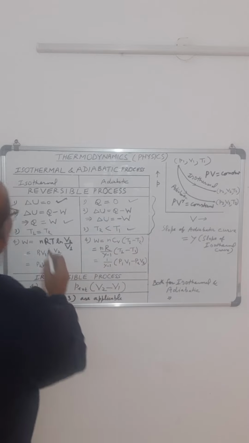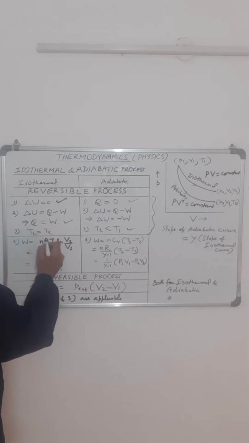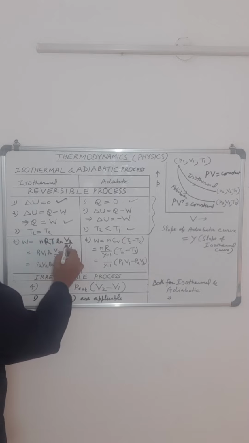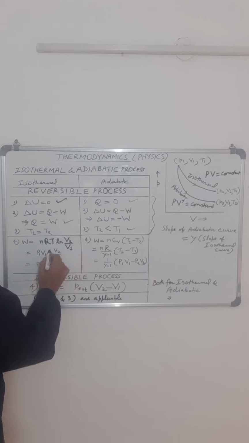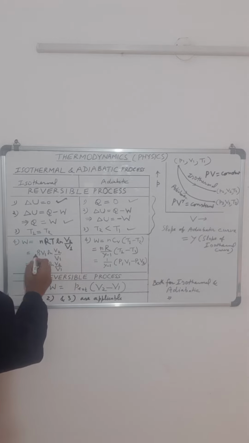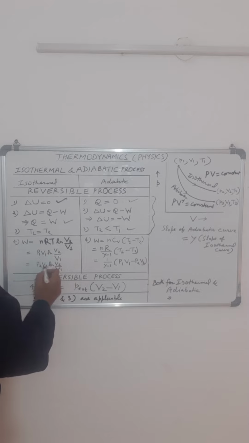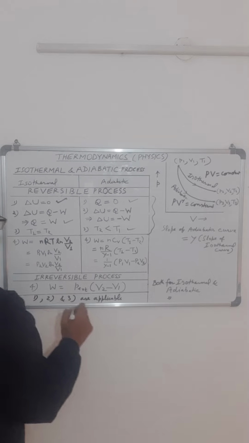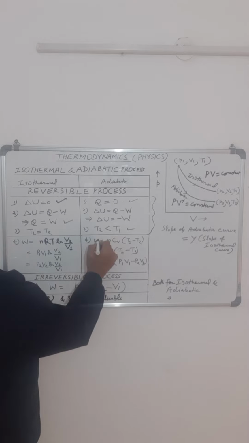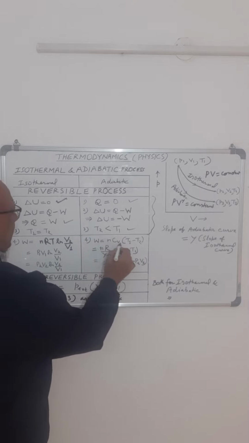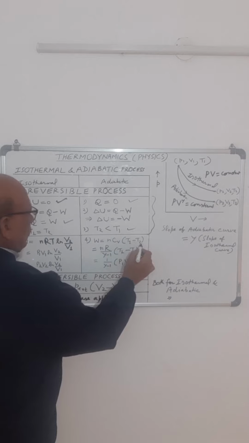Okay. Now work done in isothermal reversible process is given by nRT ln V2 by V1, or sometimes the number of moles and temperature are not given, then we can say P1 V1 ln V2 by V1 or P2 V2 ln V2 by V1. And the work done for adiabatic process is given by nCV (T1 minus T2),